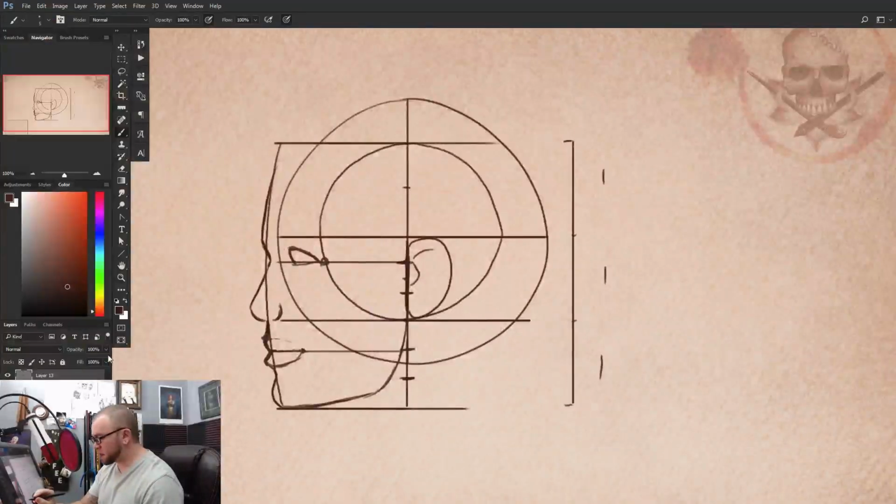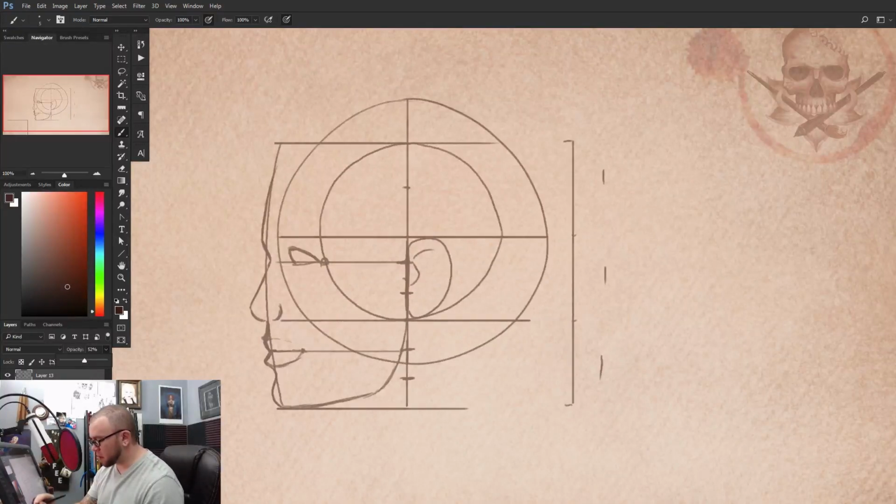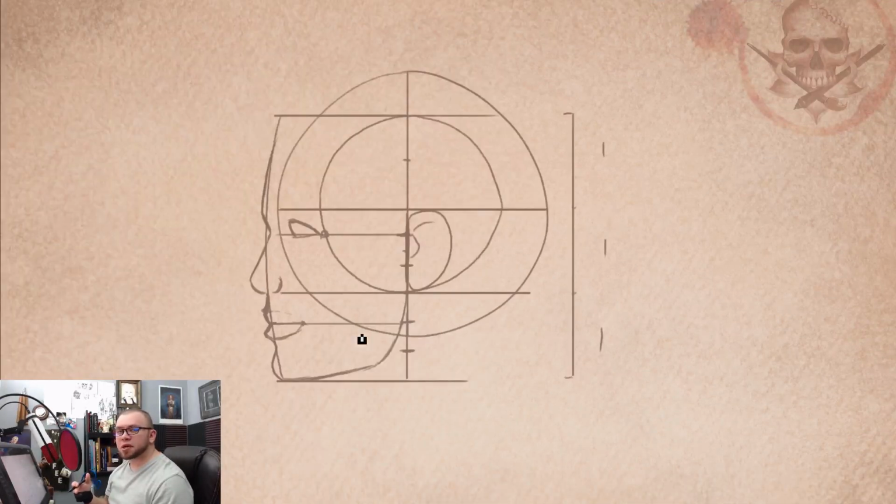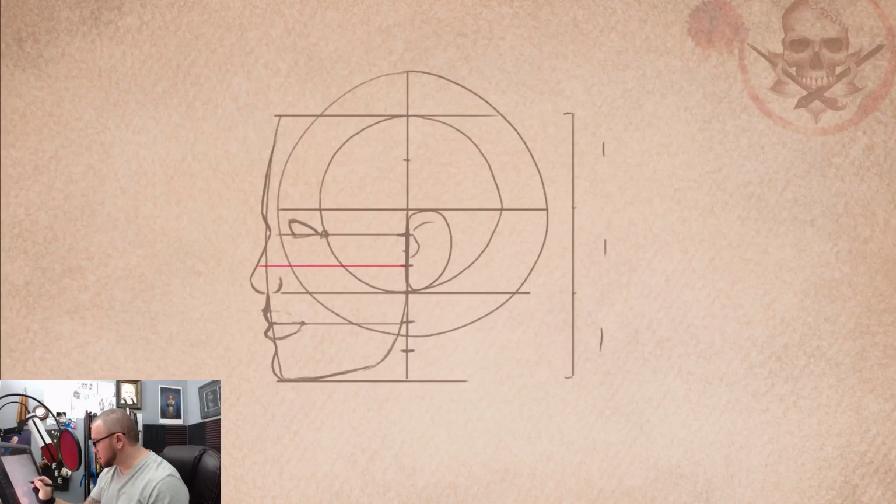From here, I'm going to dim this down and I'm going to make a new layer, and we're going to start drawing on some of those Reilly abstraction marks. And I'll do those in a different color so they're easily seen. Some of what makes the Reilly abstraction useful from a front view is kind of lost on a side view, but some of it is still useful. And we can do them in a different order because we're not worrying about trying to shape out the nose and the mouth and the eyes anymore. If we drag these lines over,